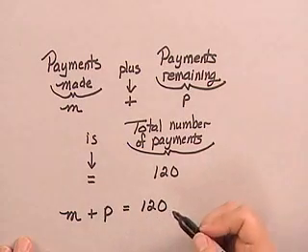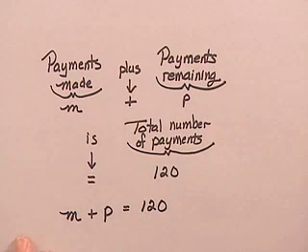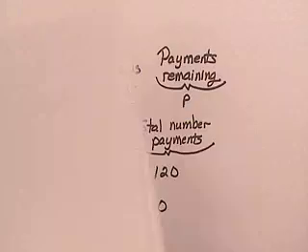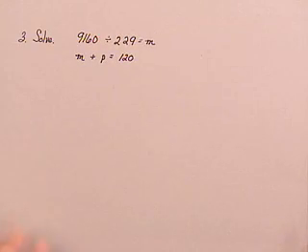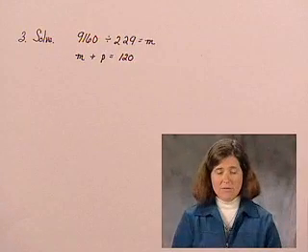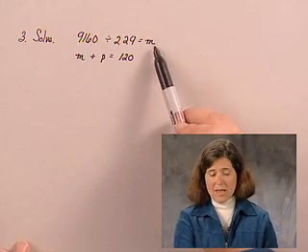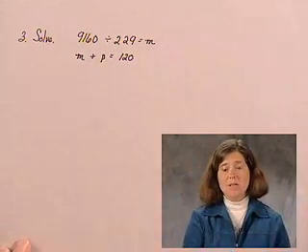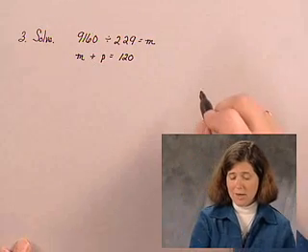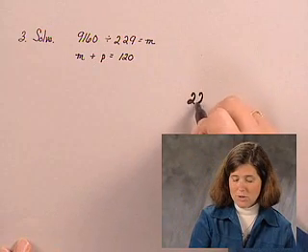We've translated the situation in the problem to mathematical language. We go to the third step, which is to solve. Remember, what we're trying to find is P. So we're going to have to do two steps. We're first of all going to have to find M. We find M by dividing 9,160 by 229. Divide 229